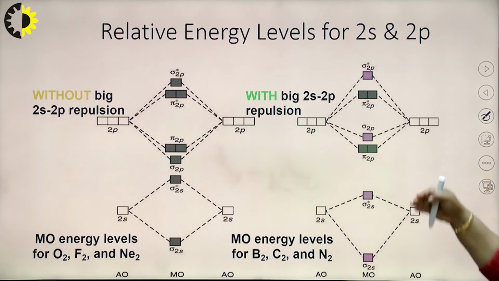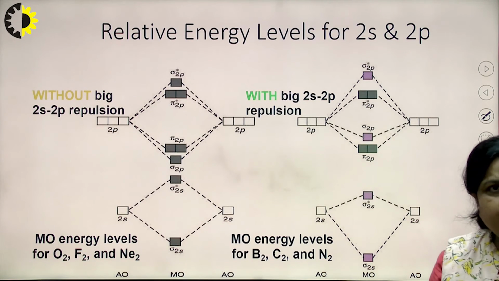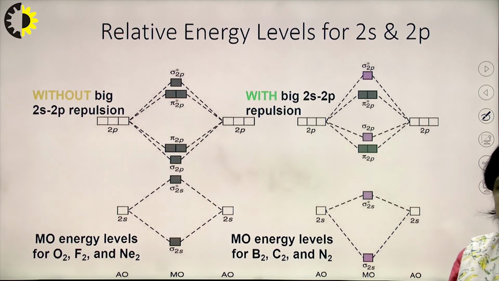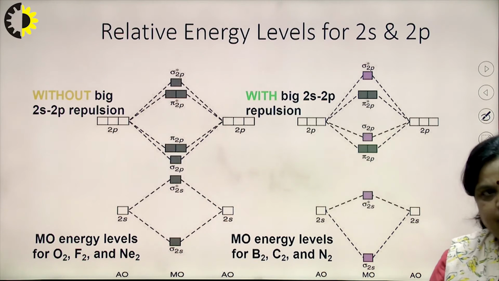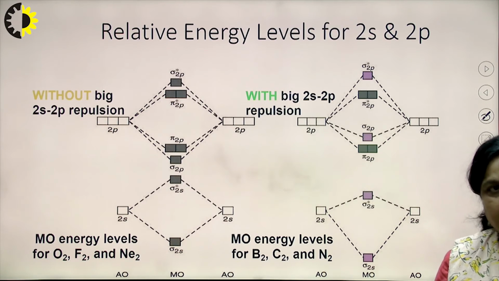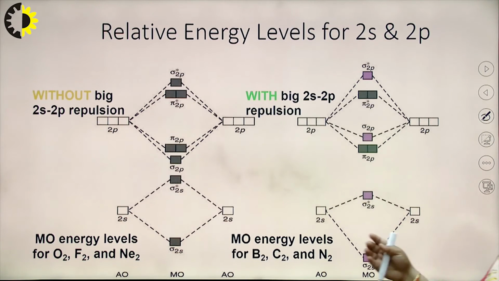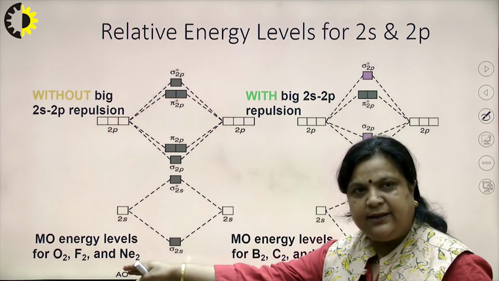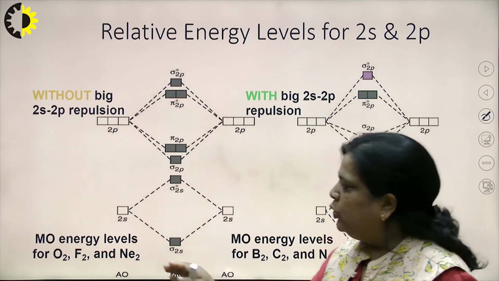So, this is basically the molecular orbital diagram. So, I think electronic configuration is clear. Now, with the help of configuration, we can draw the molecular orbital diagram. So, greater than 14 in case of O2, F2, Ne2,